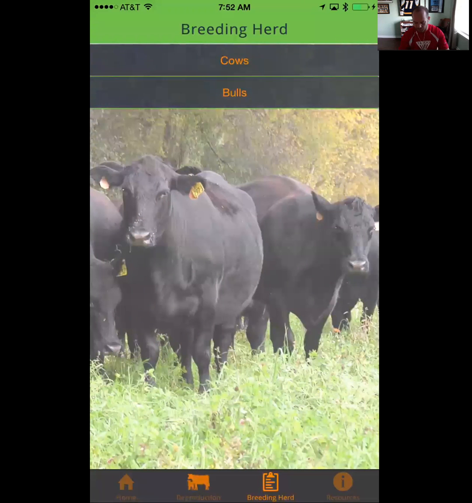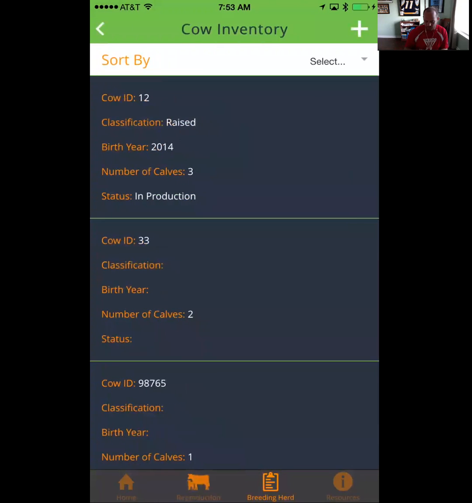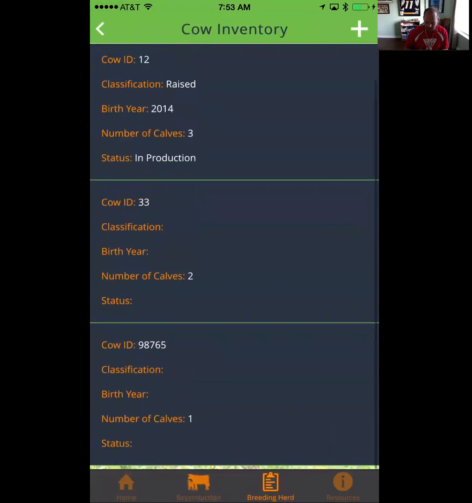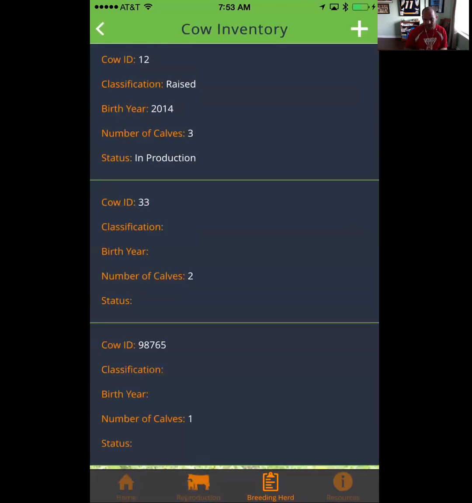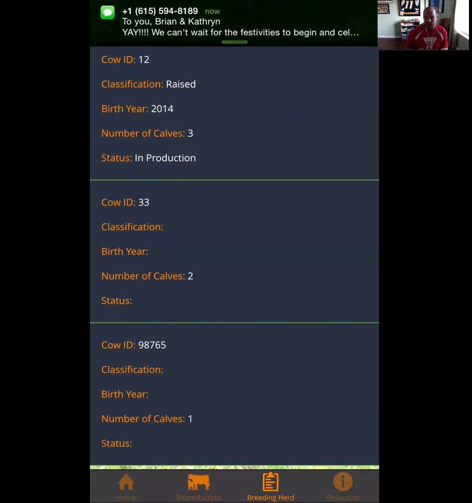We're just going to tweak what we currently have, but I think there is some potential here for the breeding herd part of the application. So very simple here. If you select cows, you can see the cows that are in the inventory. If you see the very last one, the 98765, I asked you to remember that as we were entering a calving record. So what it did, it went ahead and added that calf ID to my